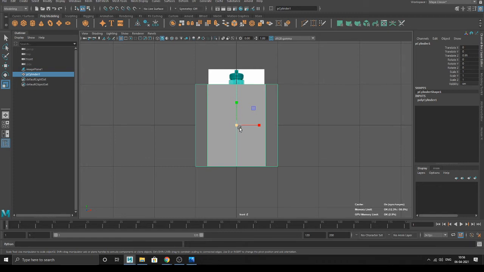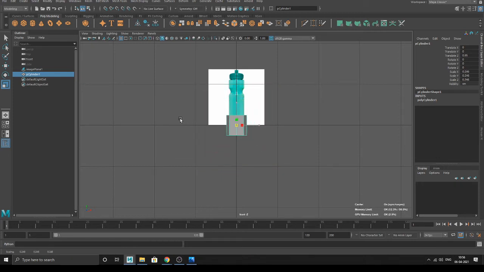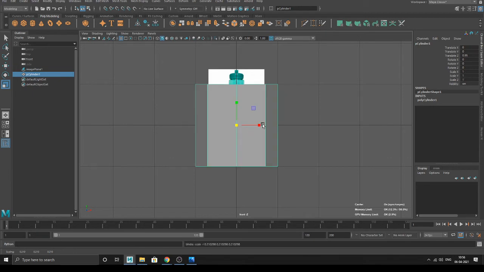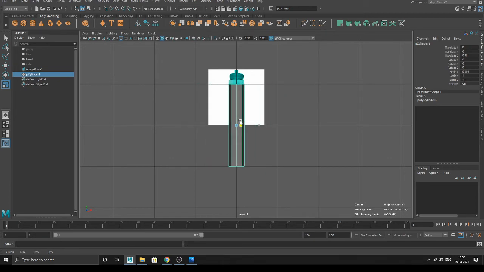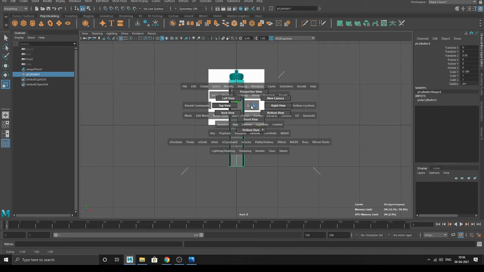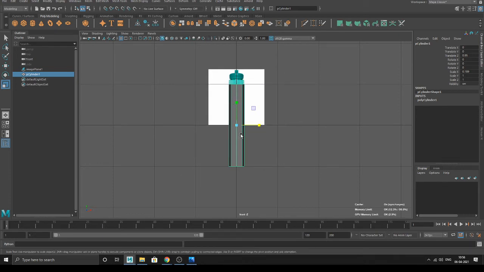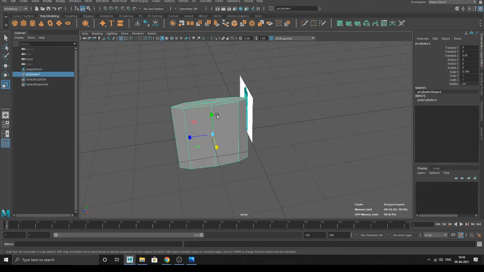Now we'll scale it from the between box, the middle box. Why? If we scale it like this, it will scale overall. If we scale it from one axis, what will happen? It's a cylinder, so every time keep that in mind. Now in front view it is looking better, looking okay. But in perspective, you see what happened. It became flat.